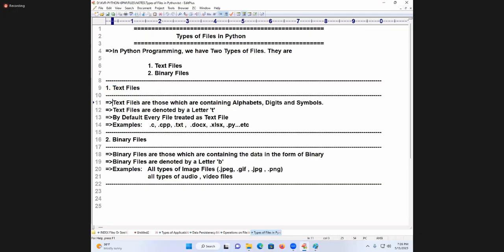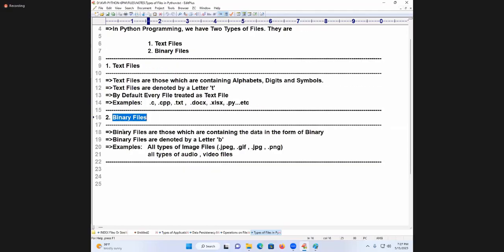Read out. Text files are those which contain alphabets, digits, special symbols, any symbol. A text file is denoted by the letter T. By default, every file is treated as a text file: .c, .cpp, .txt, .docx, .xlsx, .py, etc.